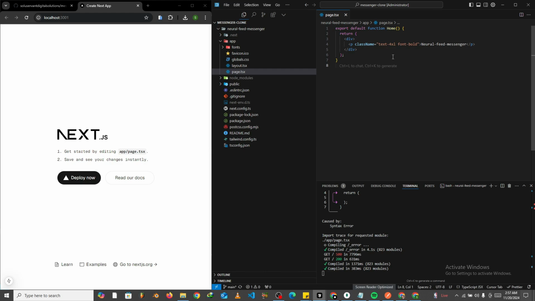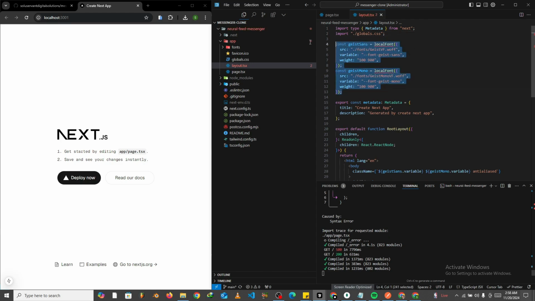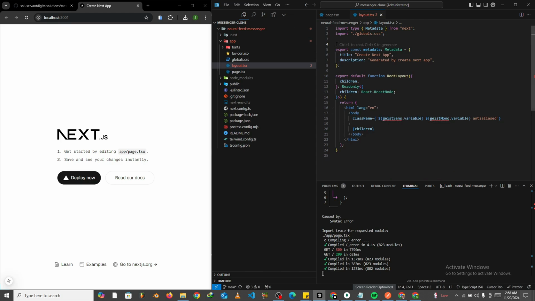Okay, so we are done removing that thing at the top there. The next thing we want to do is go to the layouts.tsx and do some cleanups there as well. Okay, so first of all, I don't think we need this local font, so we can just remove that, remove all this as well. We can just use the Google fonts, right? Then what we want to do right now is, you see the title that we have here, we can easily just change that. So you see that the previous title we had was create next app, right? So for the title here we can just say neural feed messenger,